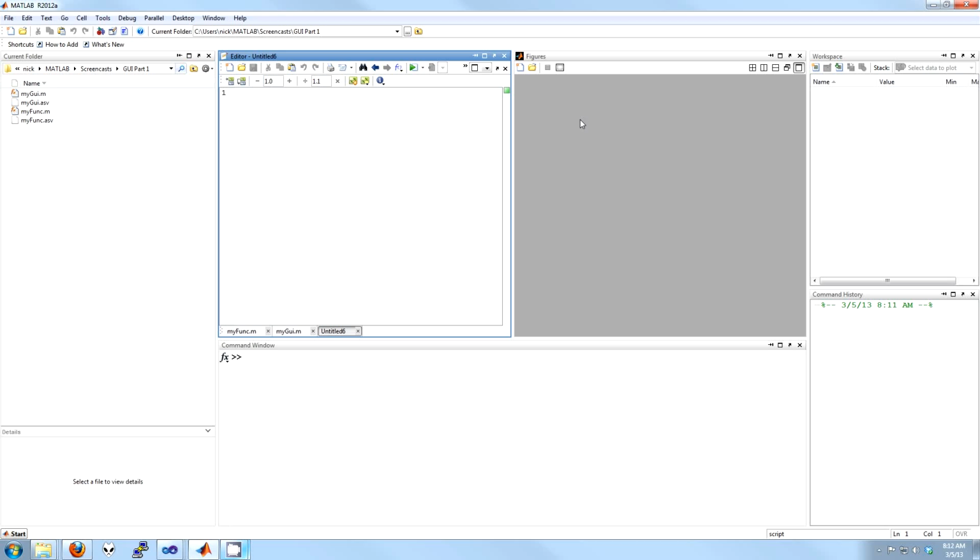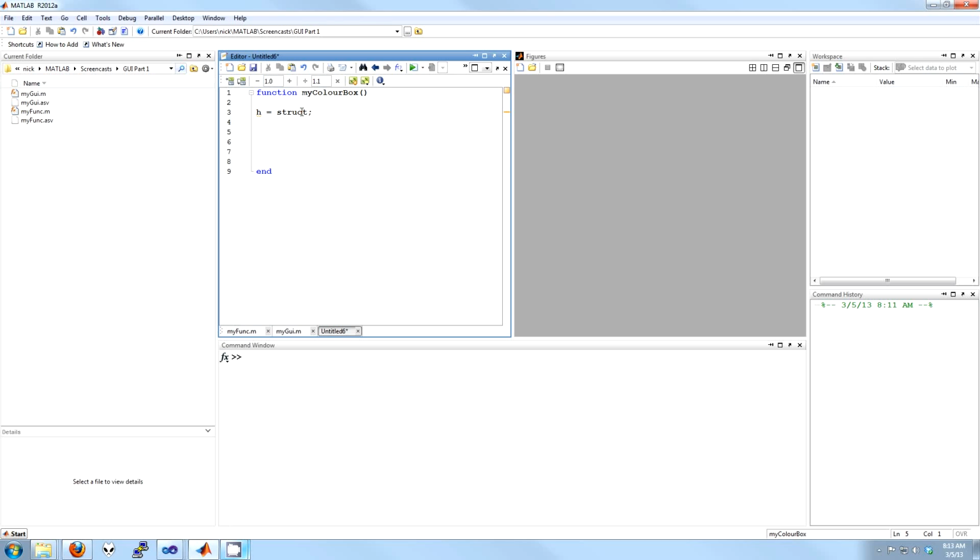and let us change the color of another button so that we can see what color we're looking at. So first what I'm going to do is make a function, and it's called my color box, and it's going to end. The first thing that I want to do is make a structure for my handle. So h is equal to struct,